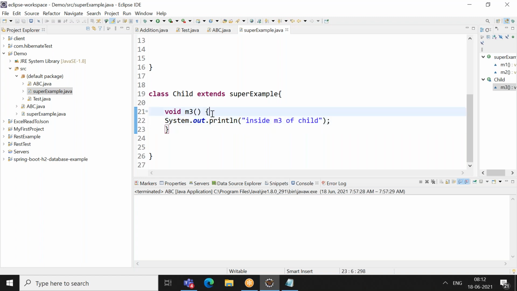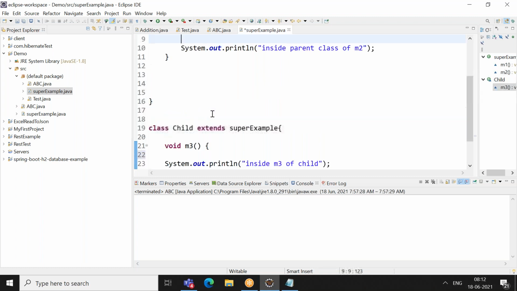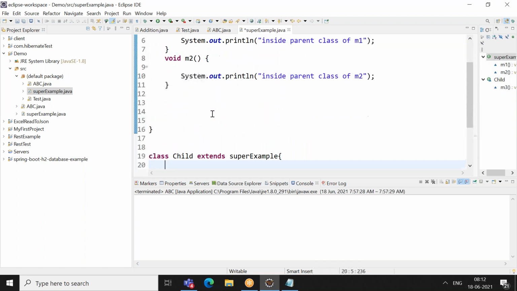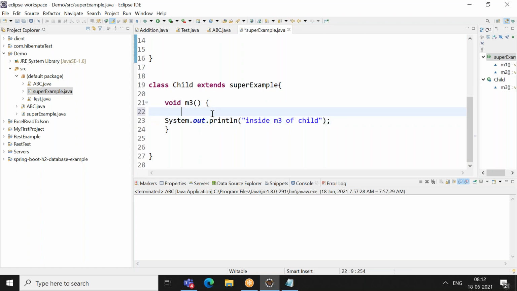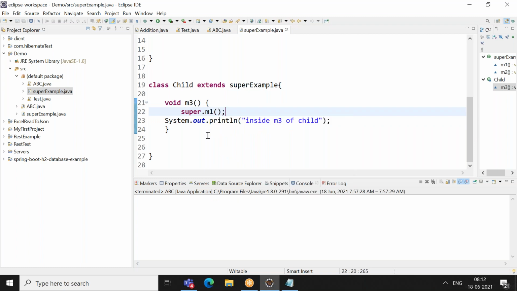Okay, so from this, if I want to call parent class method, then what I'll be doing is super.m1, which will call my parent class method.